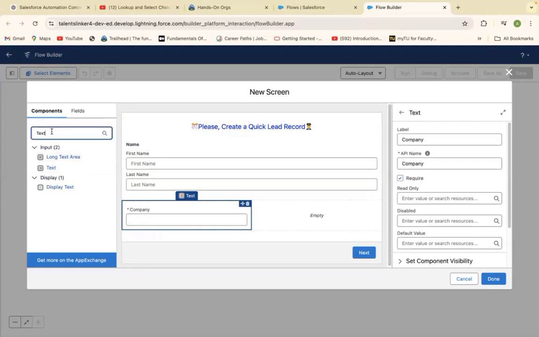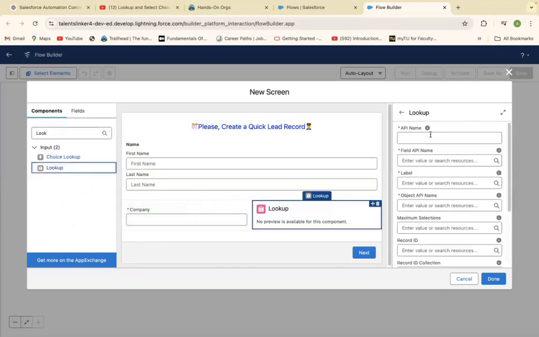The next thing I'm going to do is to give it another field called lookup. So this is where we're going to demonstrate the lookup field now. So when it is lookup, what is the name of the lookup? It's contact. Then the API of this lookup, where I need to take that from the